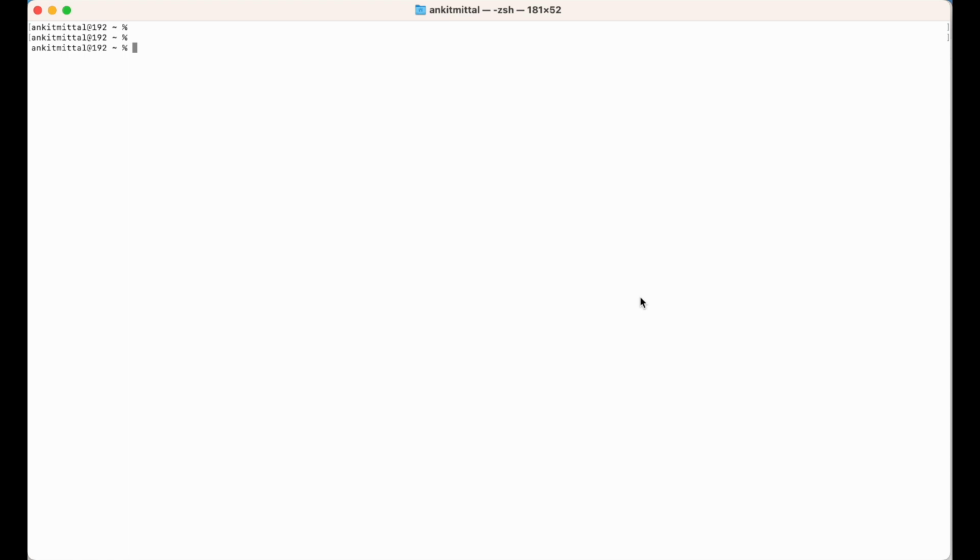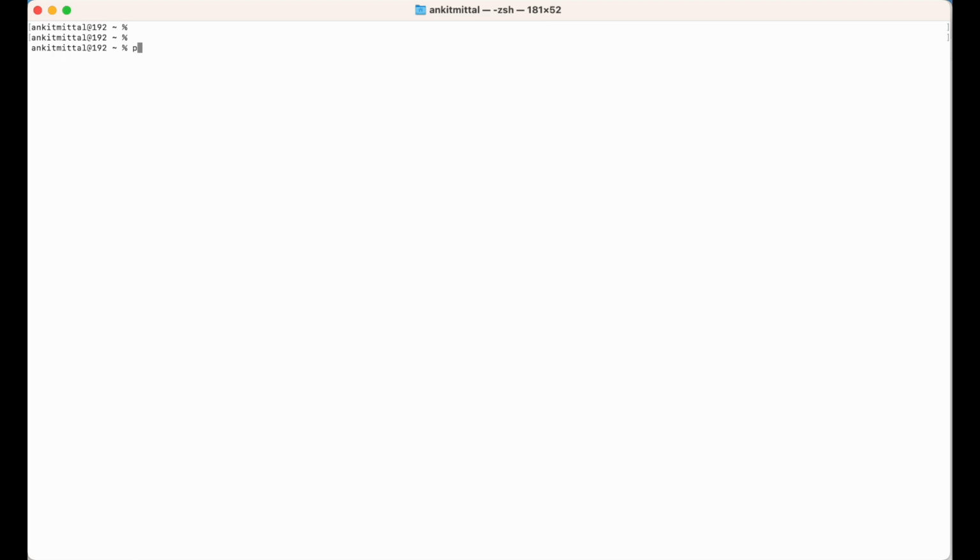Now in order to install the Pillow library, first you need to open the terminal like this. Then it is a good practice to create a separate virtual environment for every different project. So here also we will create a separate virtual environment, and for that we would require Python to be installed on your Mac system. If you have not installed Python yet, then you can watch another video which is available on this channel itself, and you can find the link of that video in the description below. From that you can download and install Python.